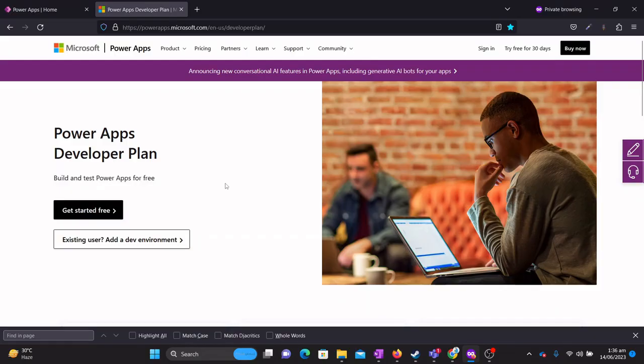So now I can see there is a get started free button on this page. If I do not already have a Power Apps tenant on my work or school email address, then I should be going to this button. But if I am already a user and I have a Power Apps tenant on my name, then I can just add the developer environment on that Power Apps tenant. So I do not need to create a new Power Apps tenant if I already have one. So I will be going on the get started free button,